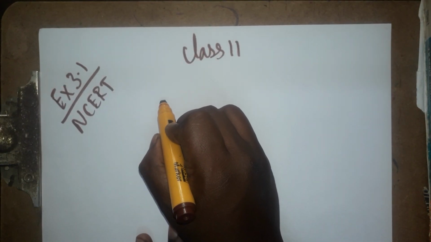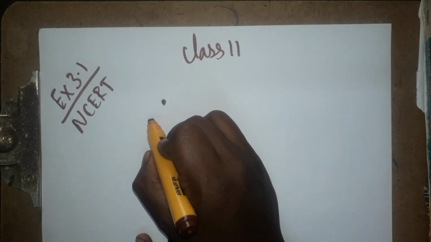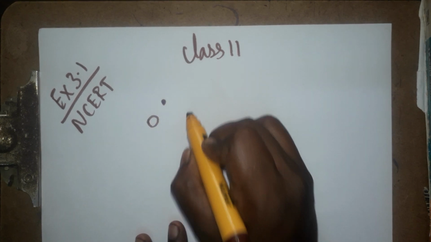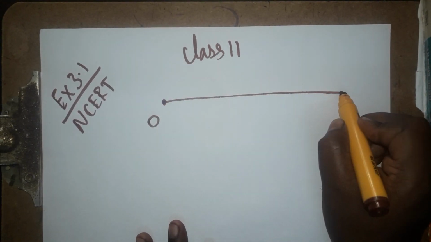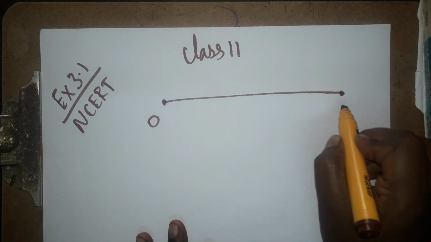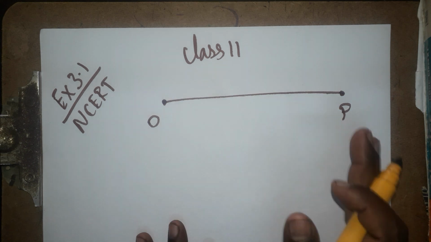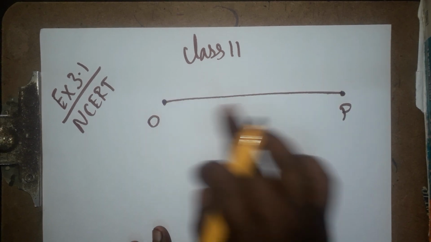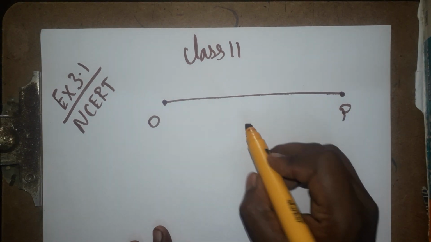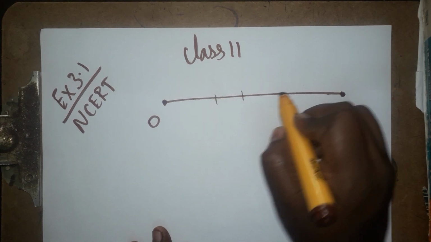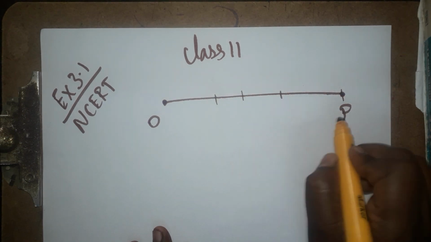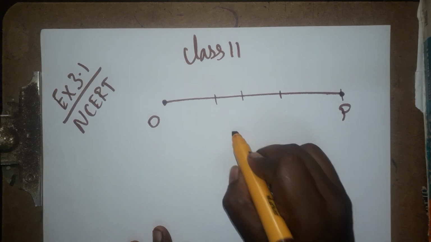So I'll draw the diagram. What the diagram indicates: the object starts from O and goes directly to the point P. There are two questions asked. First I will do the first question. The object starts from O and ends at P. So totally it is 100, 200, 300, 360 meter. So the total length is 360 meter.